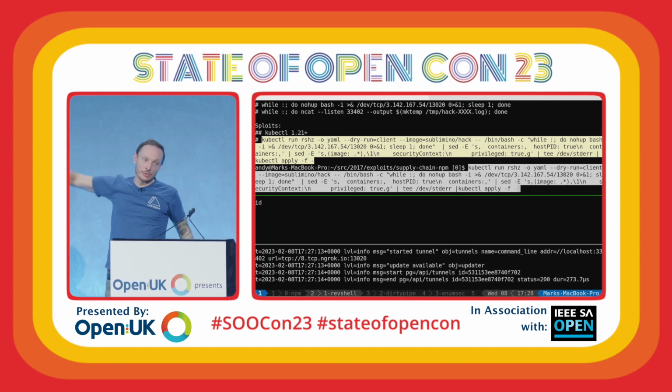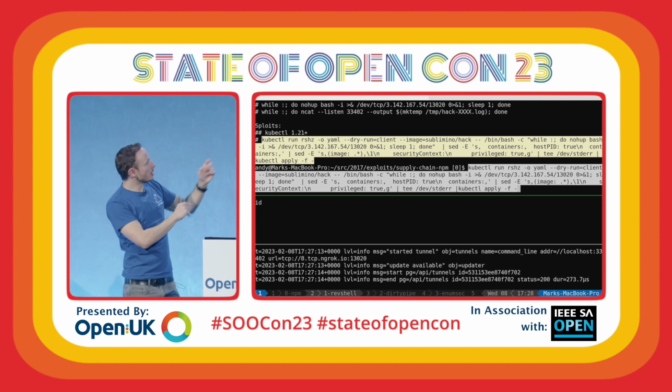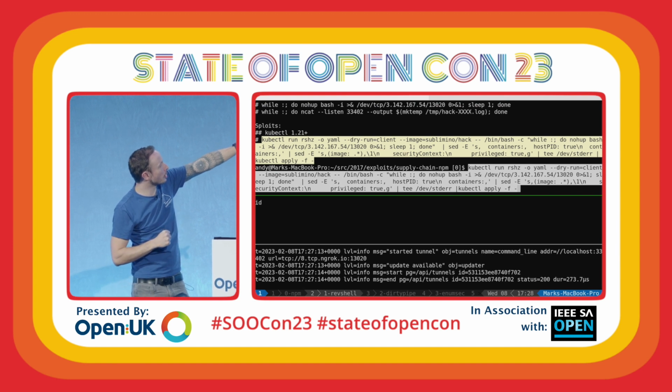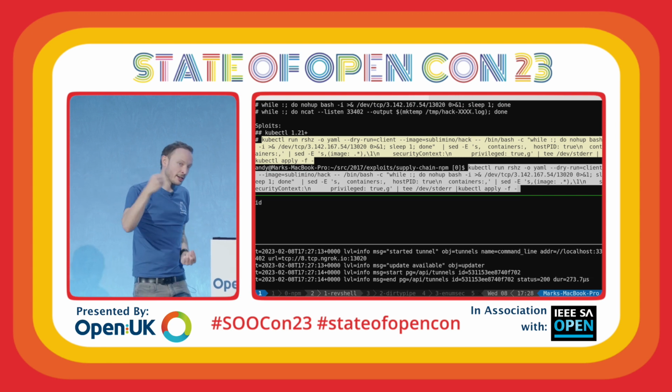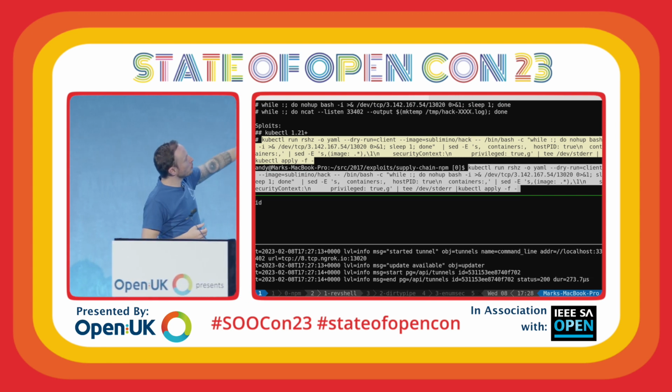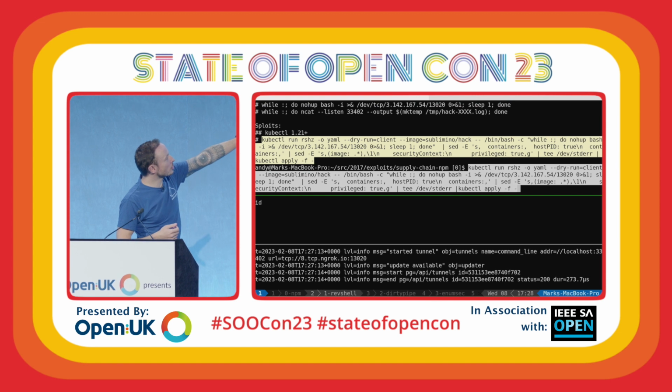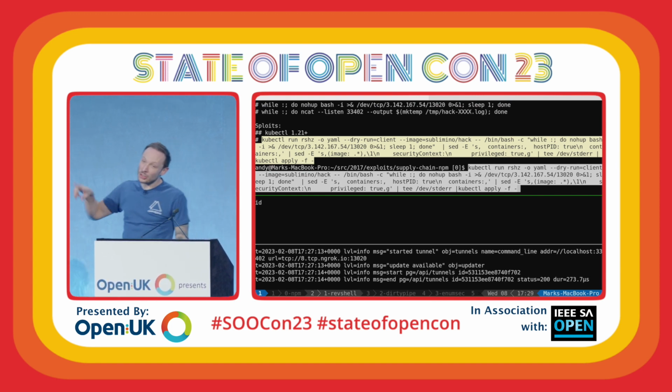That is going to attach the reverse shell to that bash session, which is the redirect there for both input and output, sleep one, and then just loop. So if it drops, it'll keep on trying until something connects. Then we set hostPID to true. Again, admission control should prevent this.